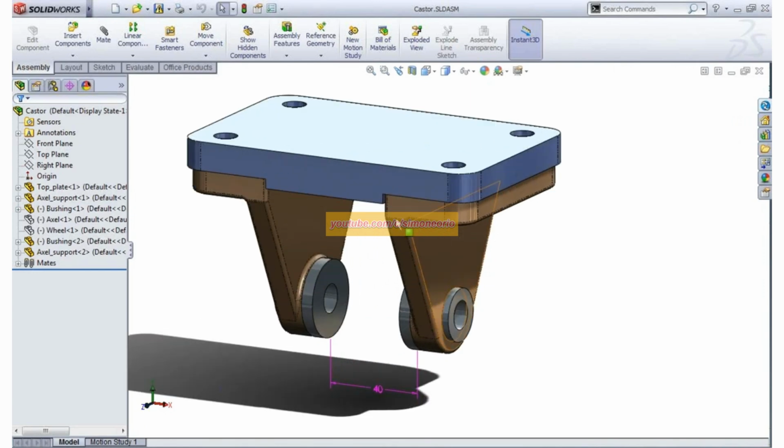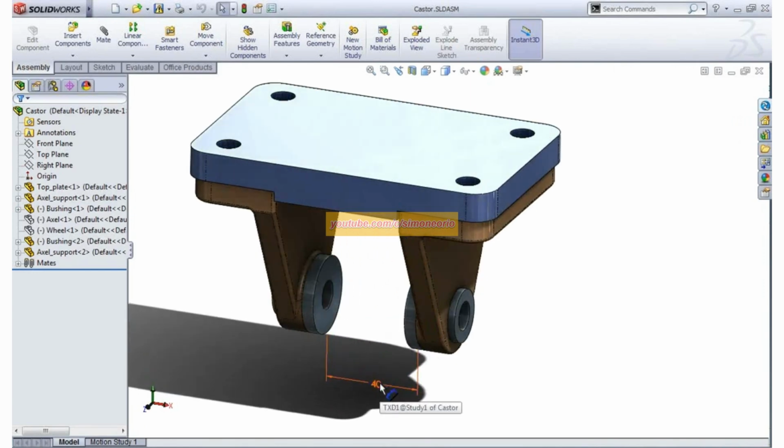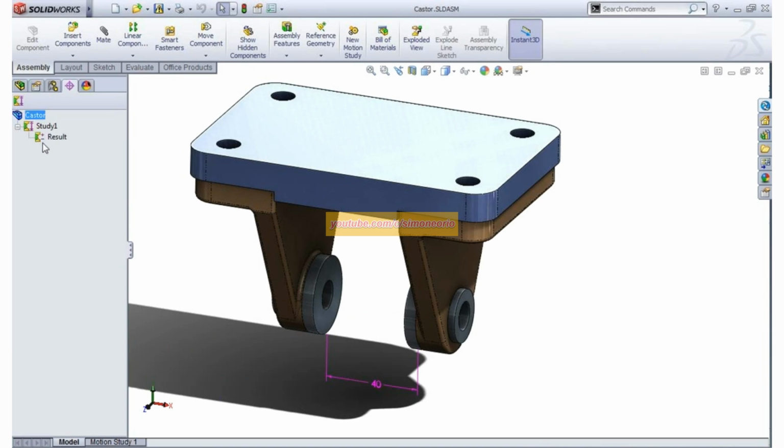And you see I have one already done here, showing the nominal dimension that I'm interested in. I have a part that I purchase, a wheel that goes into this caster. It's a purchased component. I don't have any control over how that's built and put together. I've got to buy the 40 millimeter wide wheel. So what I do need to consider is the parts that go around it to make sure I have a proper fit. So you see I've already run a study for this.